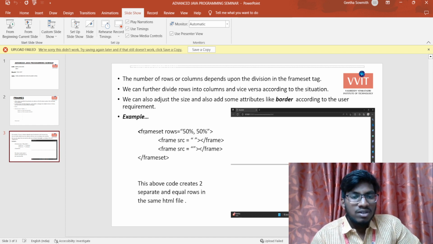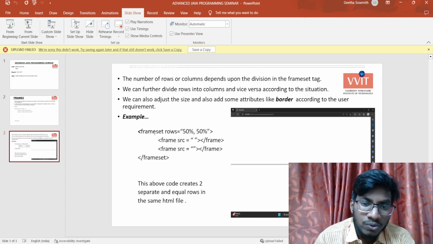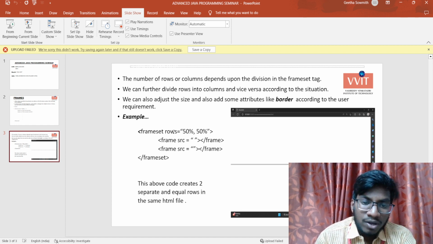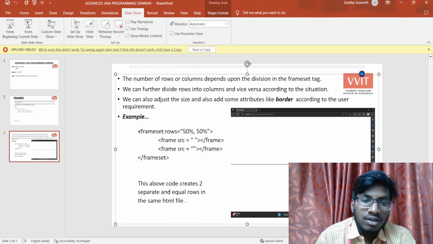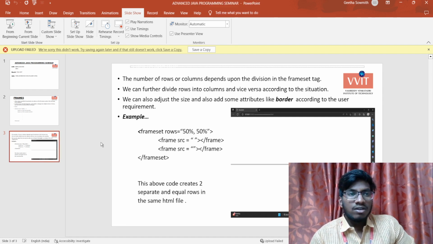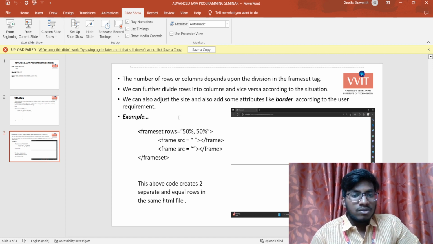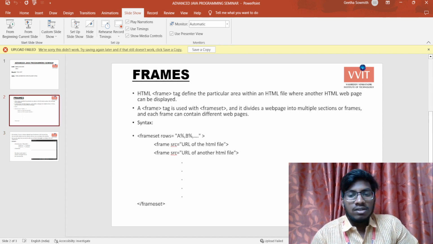So the frame concept is not used in HTML files. There are different technologies like CSS and JavaScript which replace framesets and make pages more responsive and more attractive to look at. So this is about HTML frames, and now let's see the code for how to design our